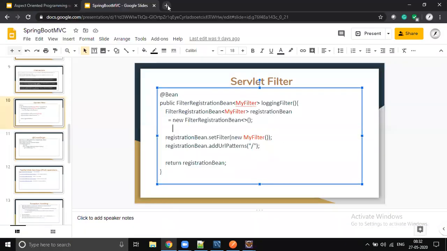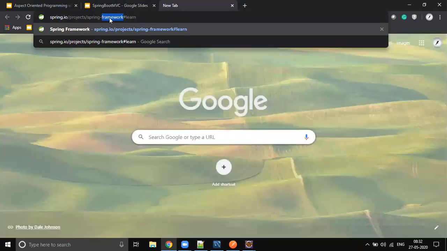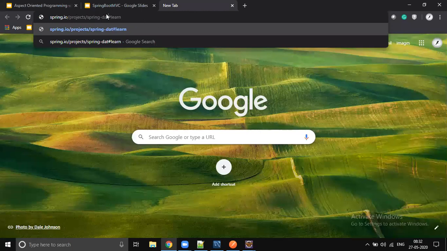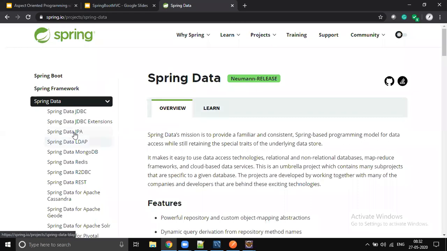Let's go to the documentation and see. Is the query in an entity or repository? Entity only.